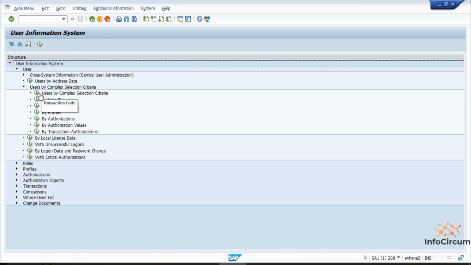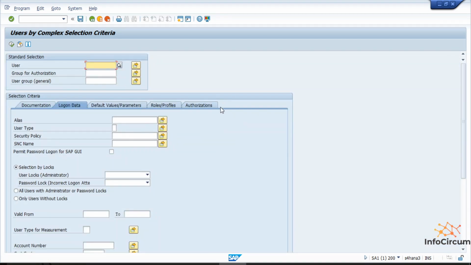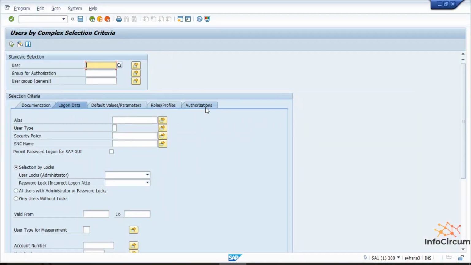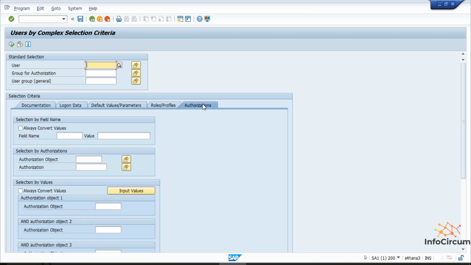So we can find with the help of using the single one. We have to find out the list of users who have access to SU01. Okay, so now SU01. Now go to authorization.